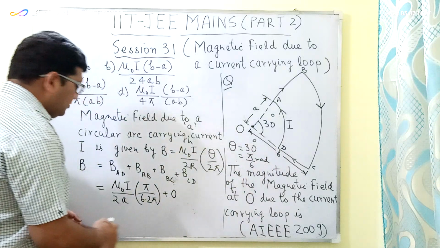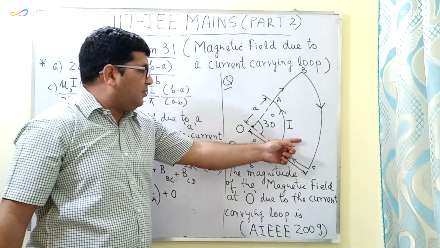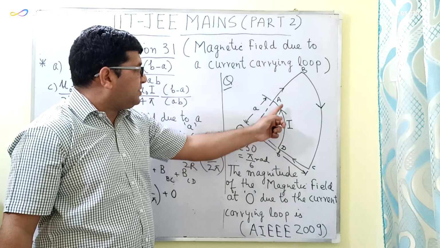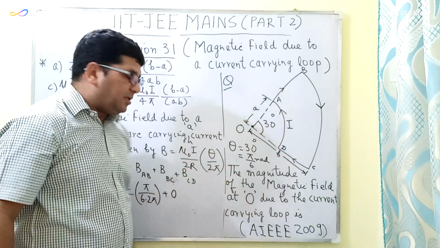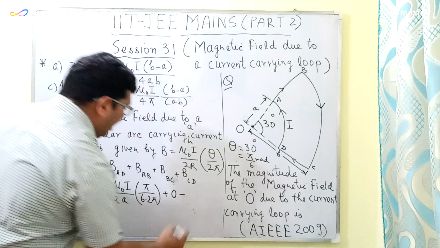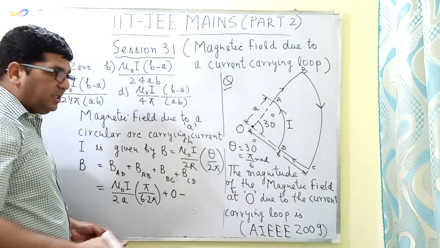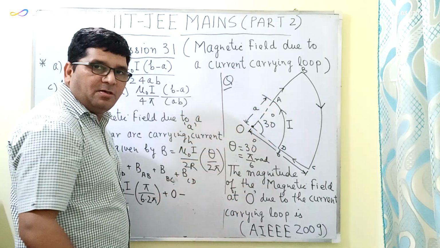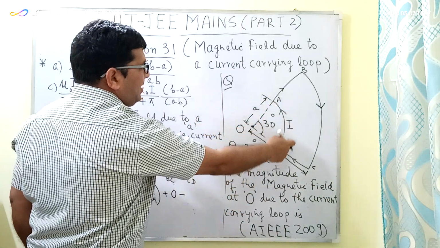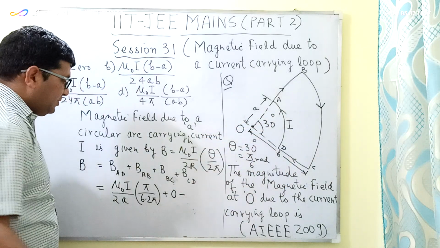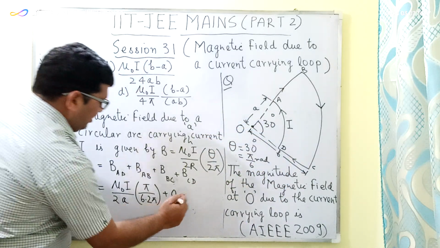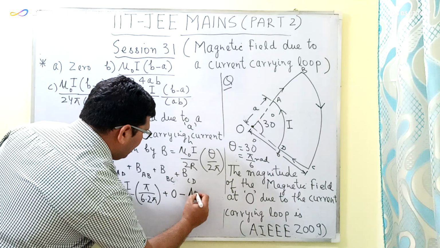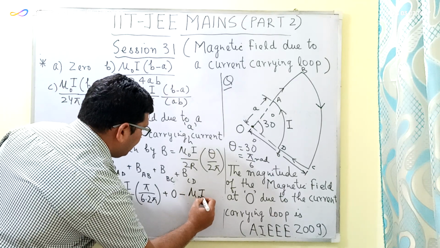Since the direction of the current is opposite, the direction of the magnetic field will be opposite to that which is generated by this arc AD. Since the magnetic field is a vector quantity, and the directions of the magnetic fields generated by arc AD and BC are opposite, I will be using the minus sign, and this will be equal to mu naught I